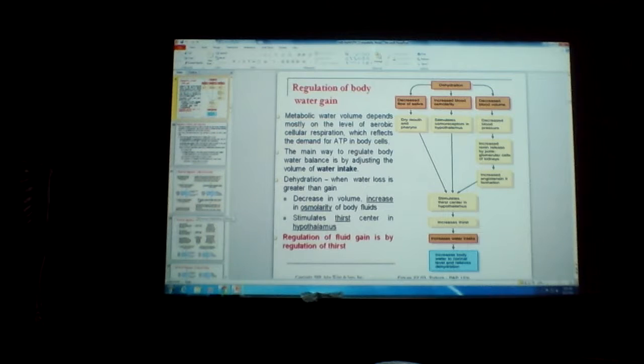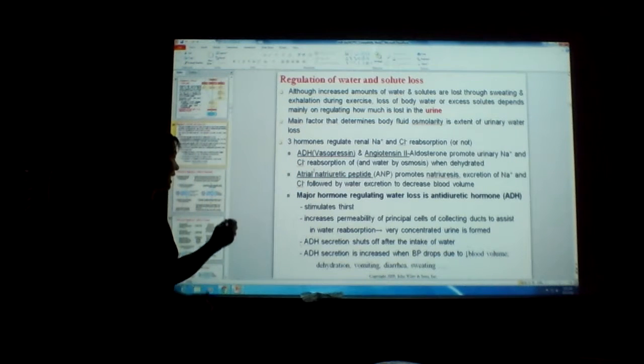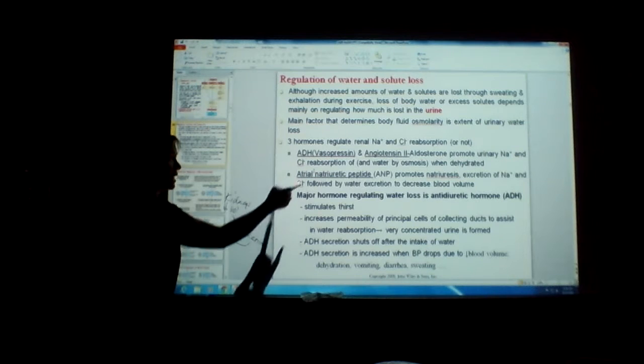Through what will be released when you're thirsty? What is being released? Hormones, right? The endocrine system helps. So you remember when this is released, antidiuretic hormone? But you're right, the renal system. So when you're dehydrated, the kidneys will receive blood that's low in volume, right? So remember, the kidneys release the enzyme renin, which converts angiotensinogen to angiotensin.